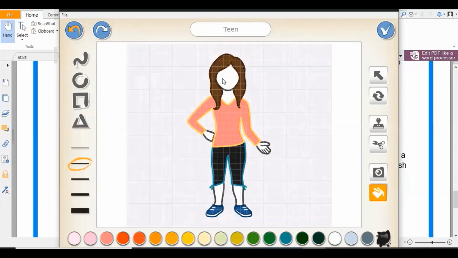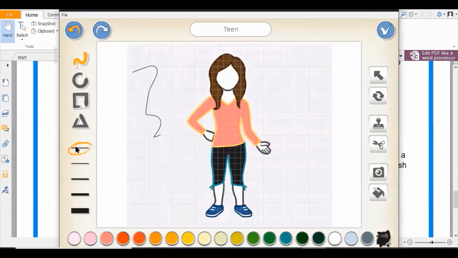Now you can see there's no face here. Now if I want to add a face, what I can do is I can use the camera to click a photograph of the person sitting in front of the camera. Apart from that, you can use these lines to draw the eyes and all. This is basically a line. This gives you a freehand pencil kind of thing. Whatever you want to create, you can create it.